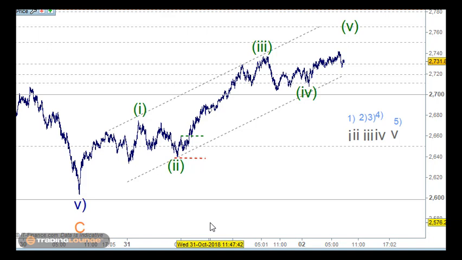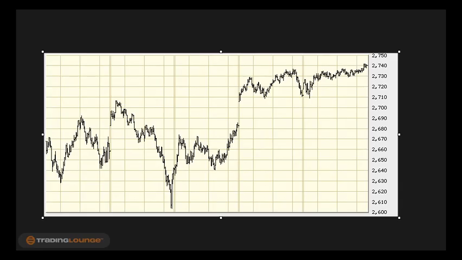So I think this is the better count here for this. In this count, I can count 5 waves up to this point here as wave 1, and 2 in here, and 3 in here, and 4 here, and 5 here. I know that it overlaps a little bit here, but if you're looking at this on the cash market,